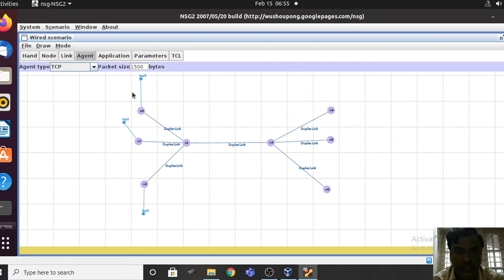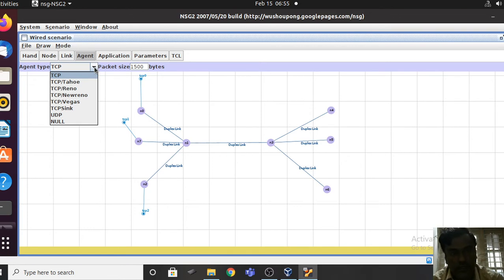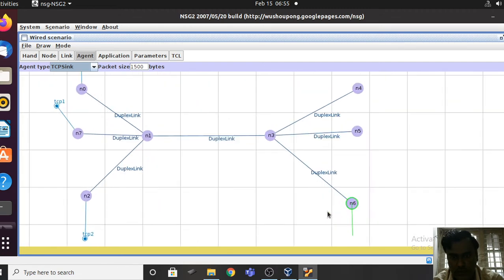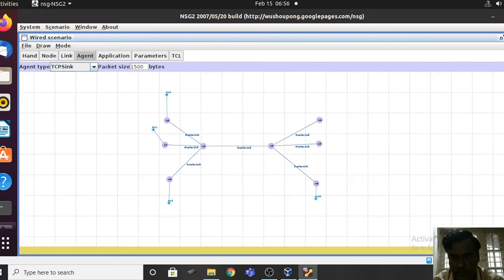Identification of source agents is over. Now this time you have to identify what your destination agents are. At the source end you are using TCP agent, therefore at the receiver you have to use the TCP sink.